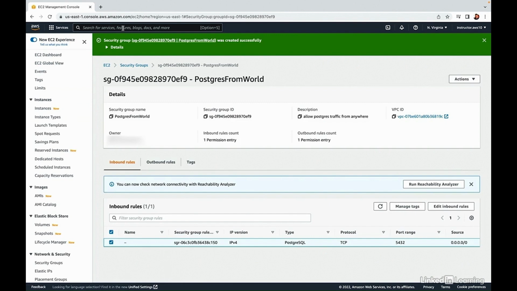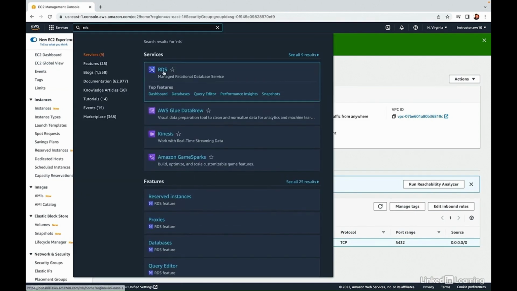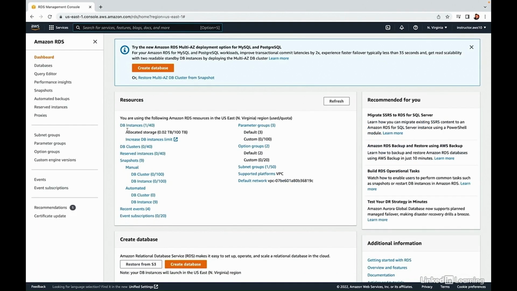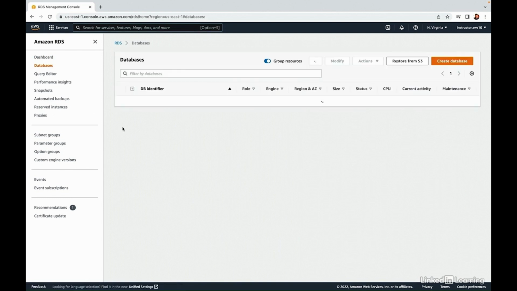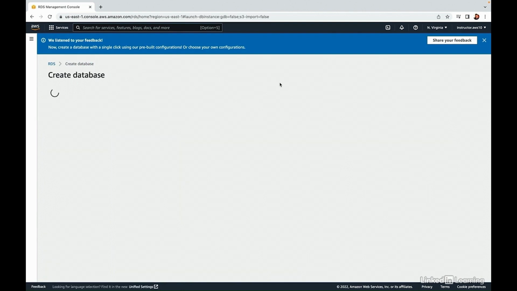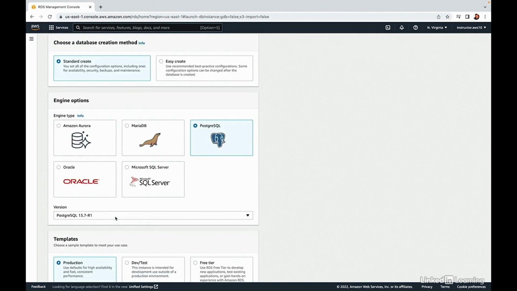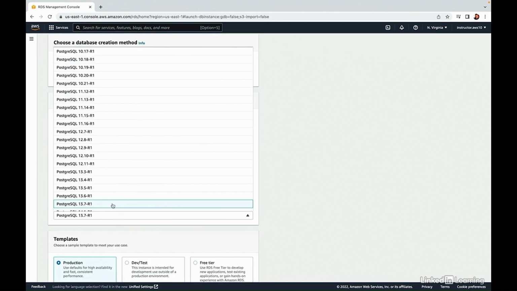Okay, now we can type RDS to go into that section of Amazon. And we should see in here our pre-existing MySQL RDS demo once we click on DB instances. So we've got our source system here still running. Now we're going to go create database, and we'll get our target system going. All right, we'll stick with standard create, and we'll choose Postgres under Database Engine. For this, I'm going to choose a known good copy here, one that I know works with this demo,